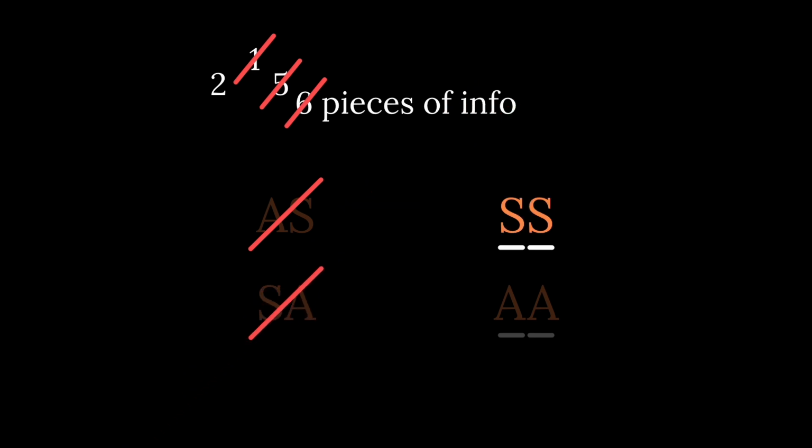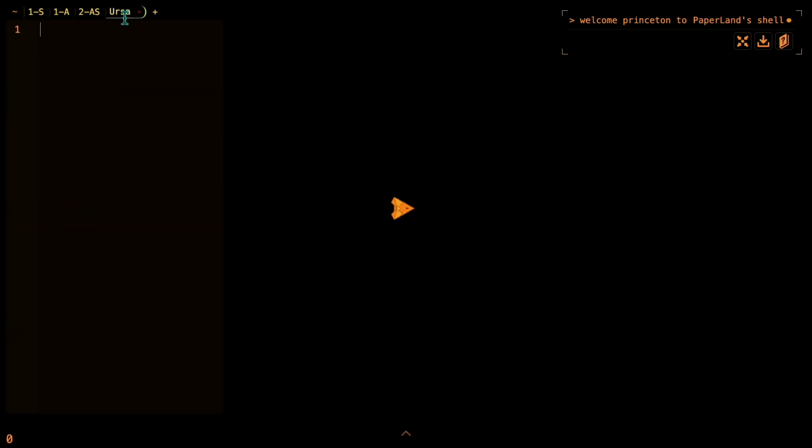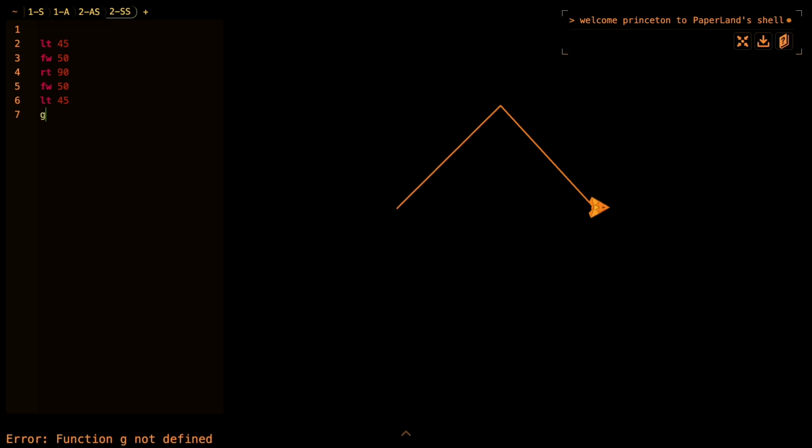What about side side next? In a new tab, we create 2 fixed lengths. The go-to command is a handy trick to not have to figure out the third length directly each time. If these 2 sides are kept constant, it means we are free to vary this angle. We can easily draw another triangle with this side-side constraint.